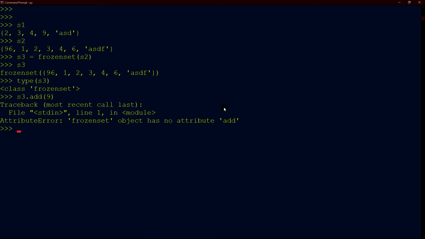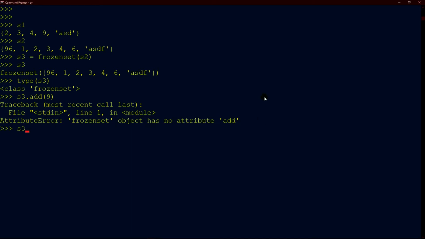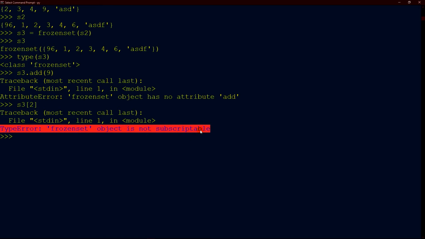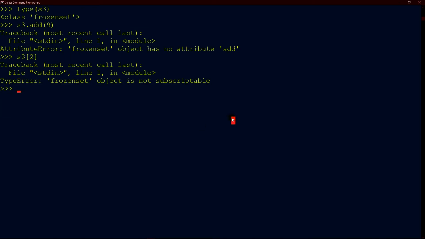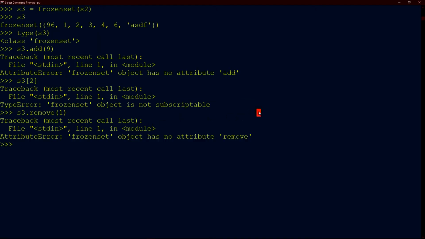You cannot add. Similar to set, the frozen set object also cannot be indexed. It does not store any positional data. Length is also fixed after you make a frozen set object, so it does not have any remove function. If you start with a frozen set for set-like operations, the result will always be a frozen set object. But if you start with a set object and get the intersection with a frozen set, the result will be a set, not a frozen set.